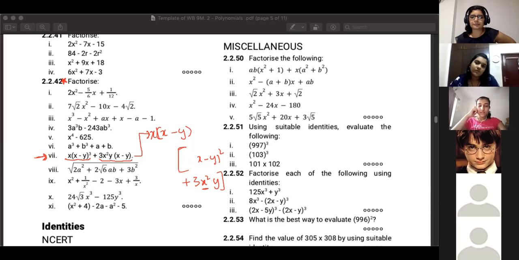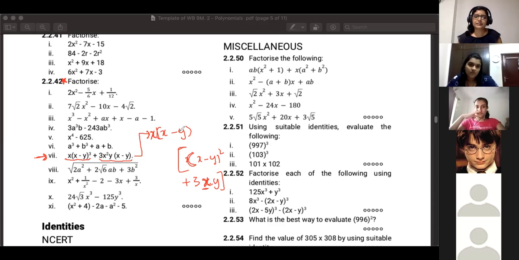All right, Swaya. So, ma'am, we have taken the x out, but why haven't we taken 3x square y? Because 3x square y is not present in both the expressions. Only x is there. So I can take only x out. So I'm just taking whatever is common to both. So x square was there, since I've already taken one x, this has only become x. Now x square is not there. Okay, so that's what you do.